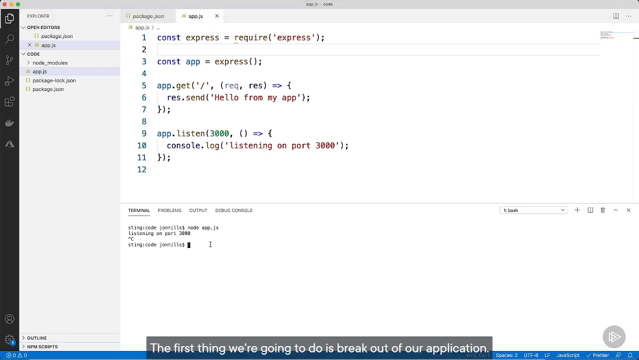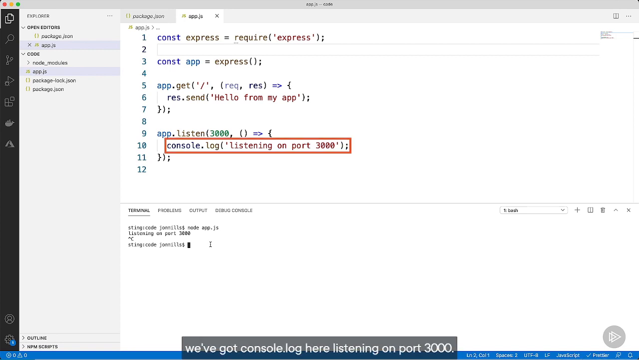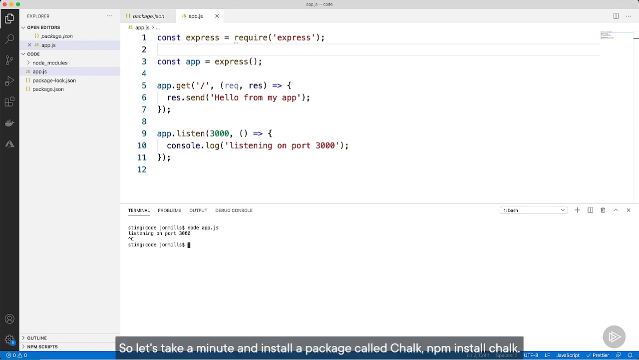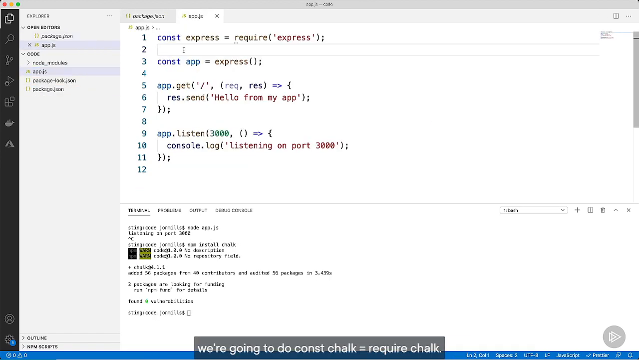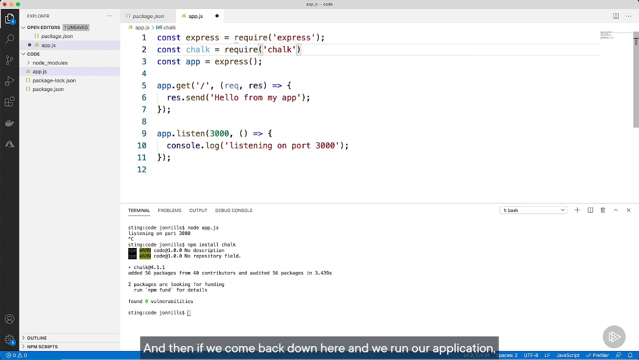The first thing we're going to do is break out of our application, and notice down here at the bottom we've got console.log here and listening on port 3000. So let's take a minute and install a package called Chalk. npm install chalk, and there it is over in our package.json. Now if we go back over to our app up here at the top, we're going to do const chalk equals require chalk. And then if we come back down here and we run our application, node app.js, you see